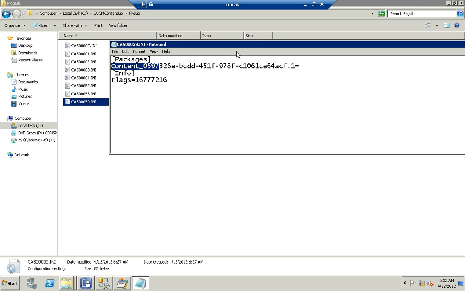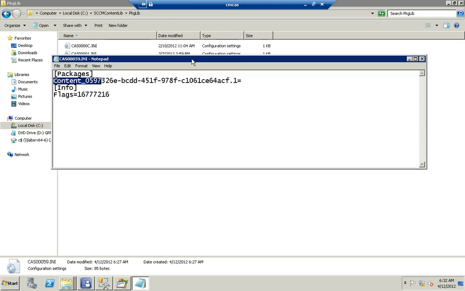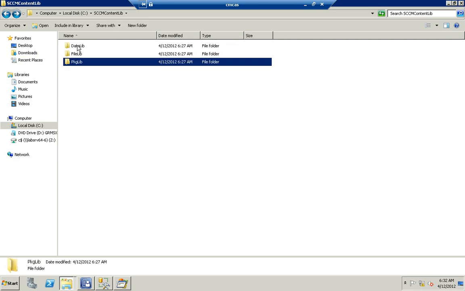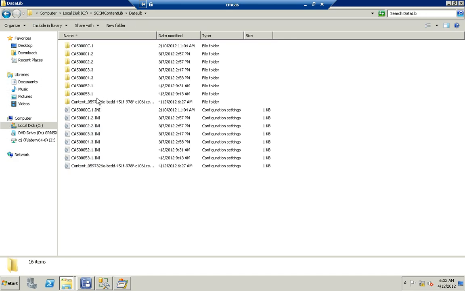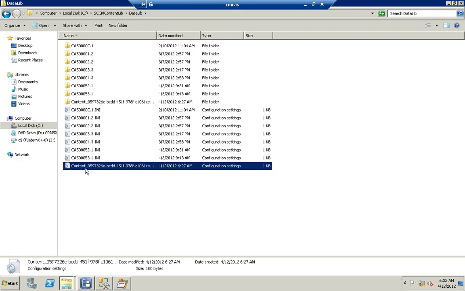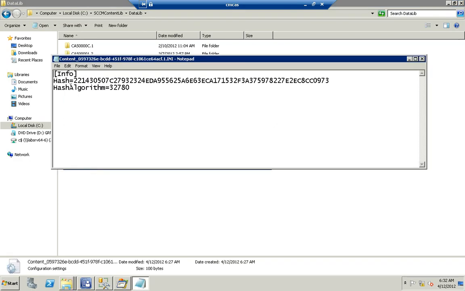So basically, the CAS ini file is linking to the actual package source location. So here's 59. So let's go back to our data lib now. If we look in data lib, we don't see now 59, but we do see this content 059 folder. We also see another configuration file with the same ID. So if we look in the configuration file, we'll basically see a hash value for the content as a whole